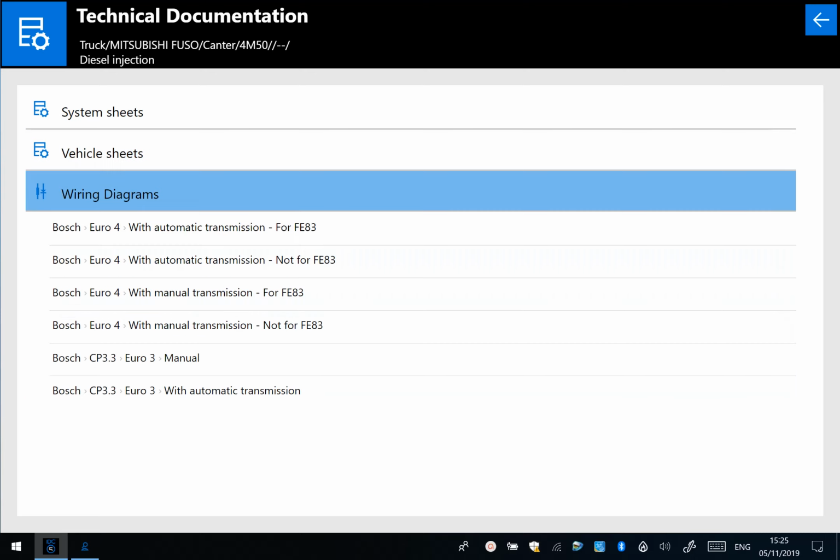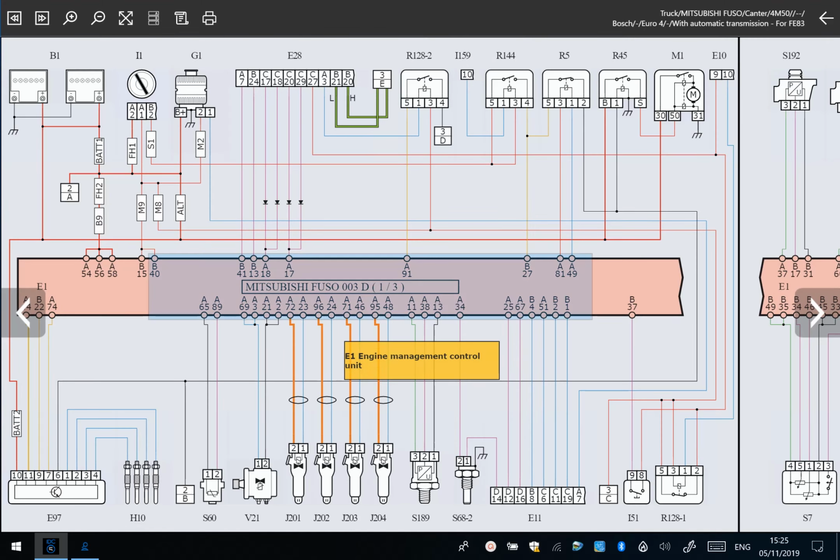We've also got wiring diagrams on this particular one. Now, there's a few options here. I'm just going to pick the top one just for an example. Now all of these wiring diagrams are done in-house at Texa. So you can see just from when I was scrolling across there, you're highlighting all the components that are on